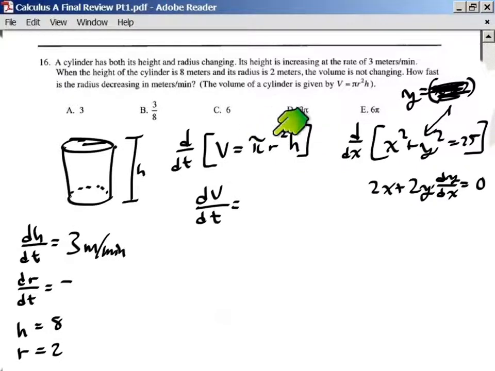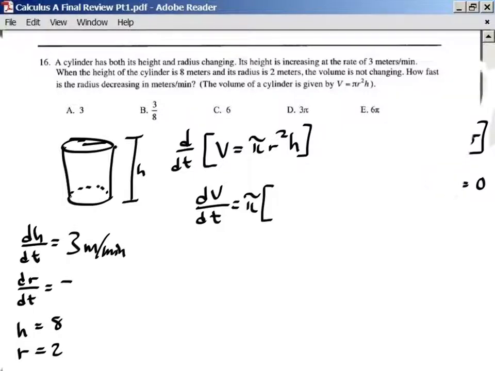Now, this pi is a constant, so I'm going to leave that pi out, and then I'm going to have the derivative of these two inside of it. Now, if you see what we're going to have to do, you're not that excited because we have two variables multiplying each other right here, which means we have to do the product rule. So we would have to do the derivative of